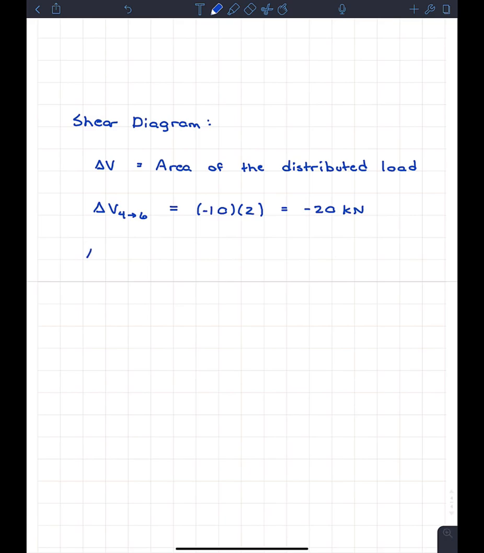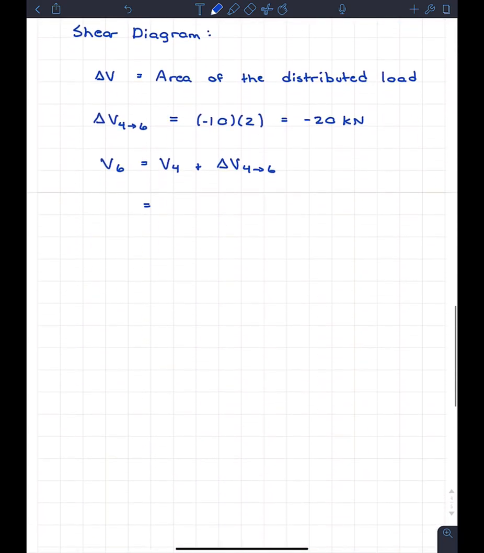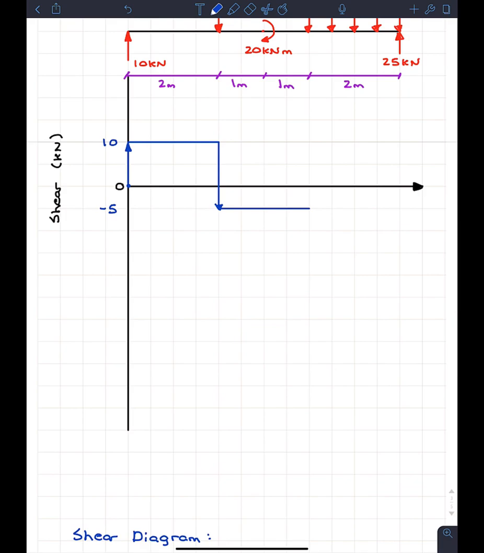So when we go down here and we want to find the shear at 6, we know this is going to be equal to the shear at 4 plus the change in shear from 4 to 6. And basically what this means is, what is the shear that we started at? If we look up here at x equals 4, we have -5. So we got -5, and then we're adding the change in shear between those 2 points, which we just found is -20. So our shear at the very end of the beam is going to be -25 kilonewtons. So we come down here, and then we can just plot the point, right here. We can say that this is going to be -25, and this is a good point. We now know that the shear at this endpoint over here